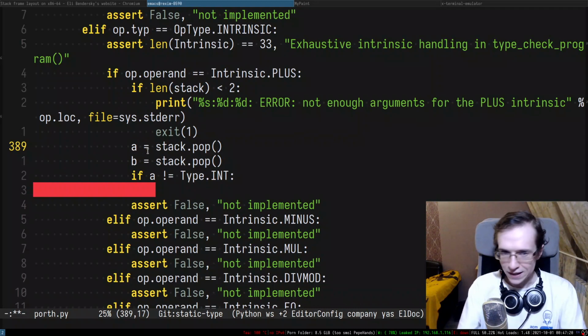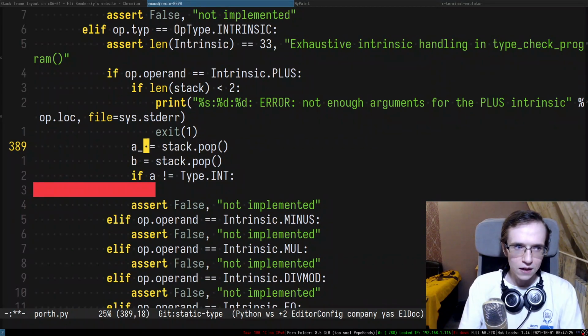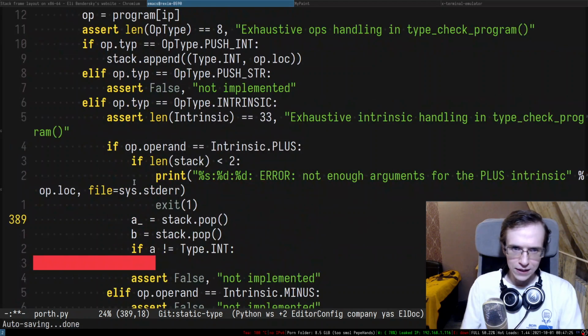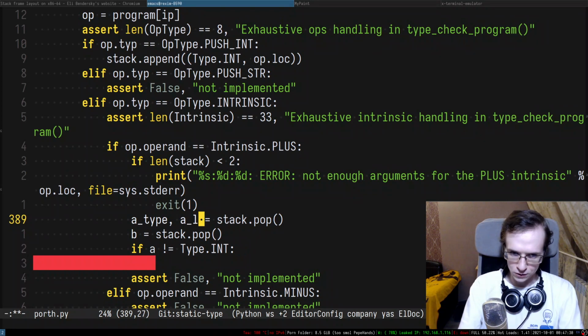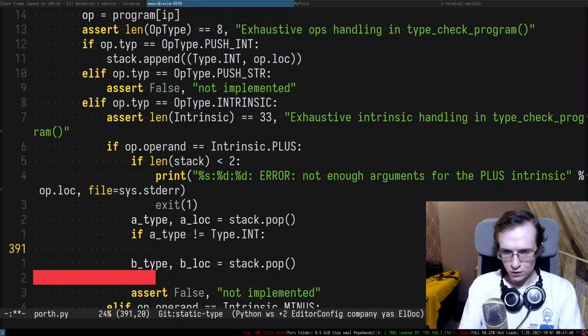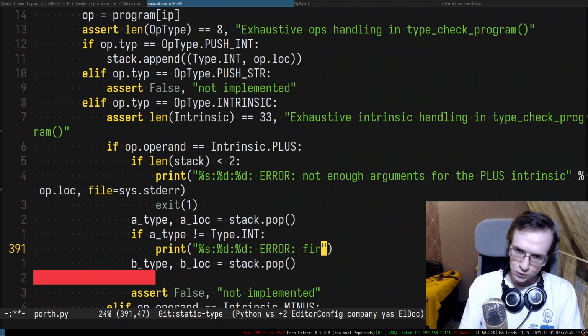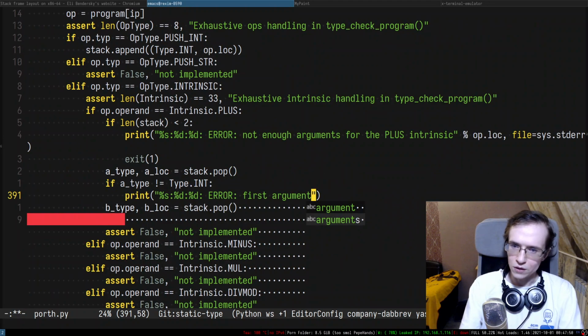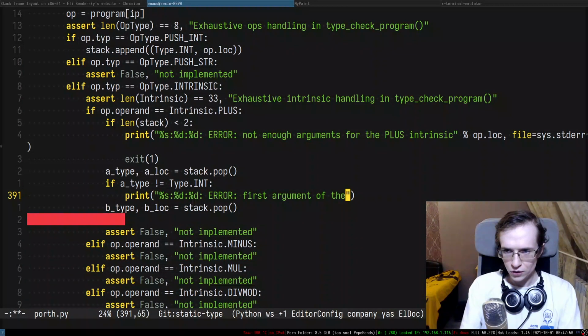All right, so we have a stack, and we have something like a type, so this is a type and a location, right? So then b type and b location. And if a type is not equal to integer, we're going to say this thing is expected to be an integer, right? Error, first argument of the plus